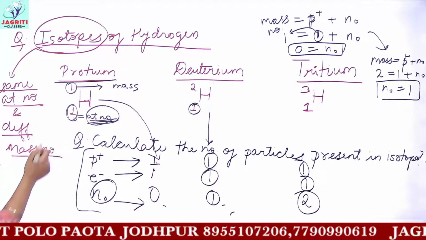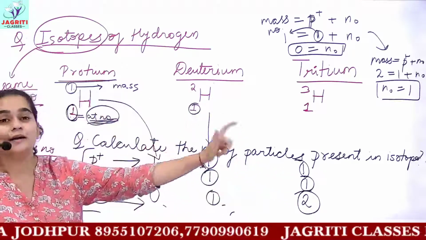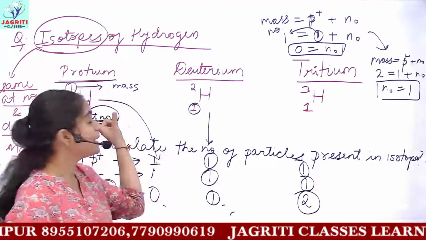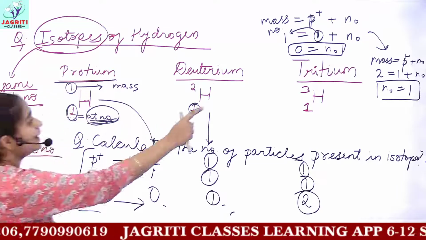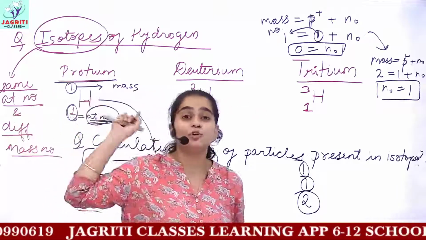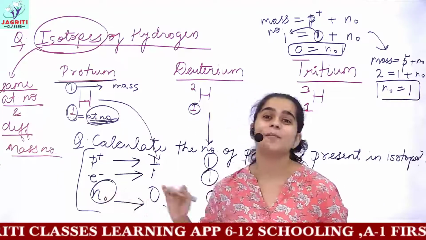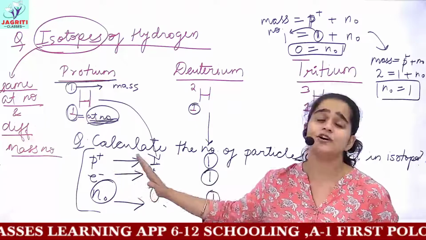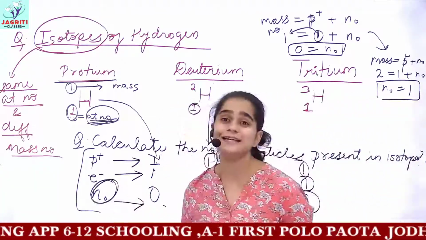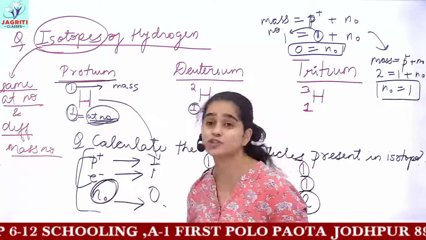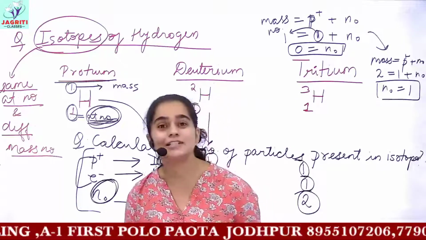Next, coming to atomic number, the atomic number is the same in all the 3 isotopes, that is 1. Only the difference occurs in the mass number. So the mass number of the 3 different isotopes is 1, 2 and 3 respectively for protium, deuterium and tritium. Accordingly, we can calculate the 3 subatomic particles, that is proton, electron and neutron present in different isotopes. I already told you how to calculate the neutrons, and the proton and electron can be directly deduced from the value of atomic number which has been provided.